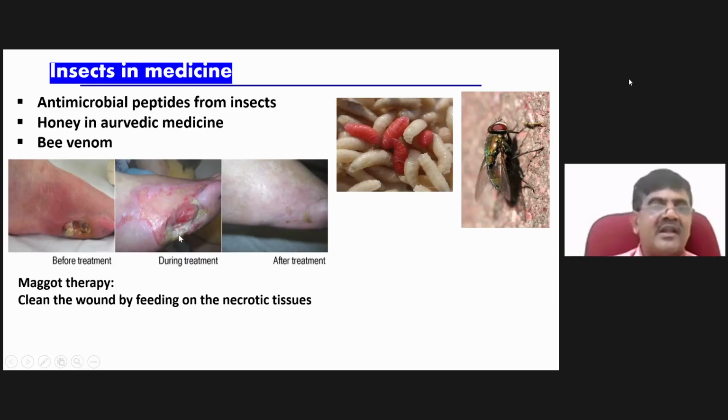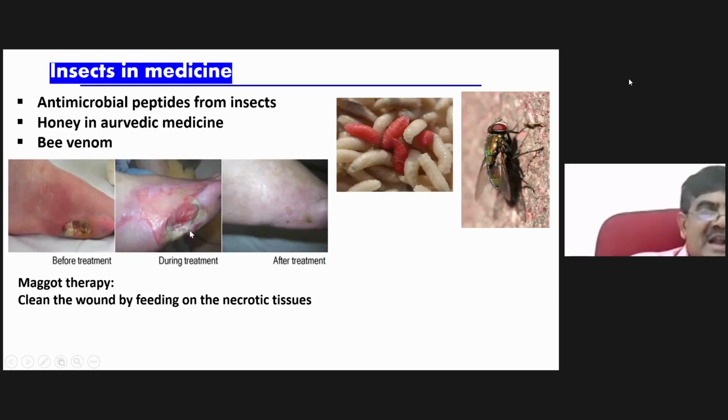That is, they feed on the decomposed matter and necrotic tissues, and the new flesh formation takes place. So remember, maggots don't feed on new flesh. They feed only on the decomposed flesh. In this way, the wounds used to be cured by these maggots. And nowadays, some of the people are becoming diabetic. If diabetic patients get a wound, it cannot be cured faster. So in case of diabetic patients, the maggots can be exploited.